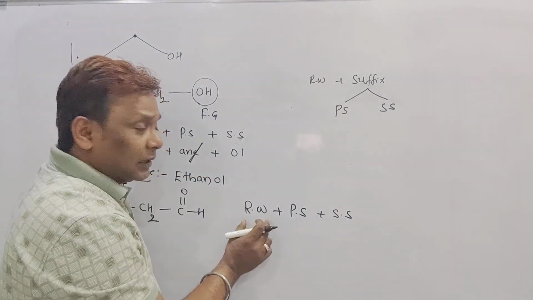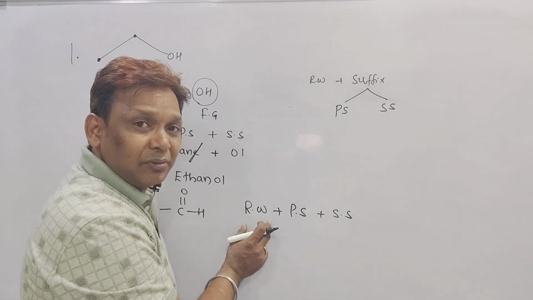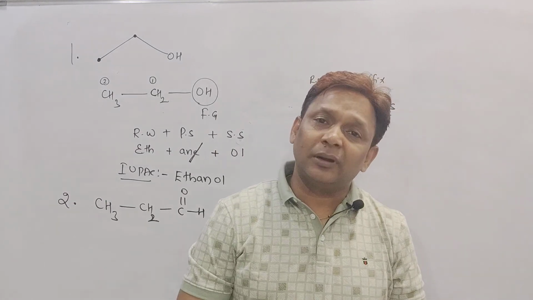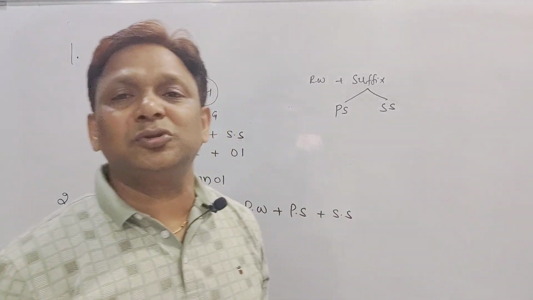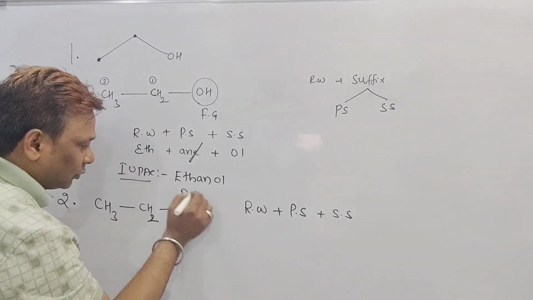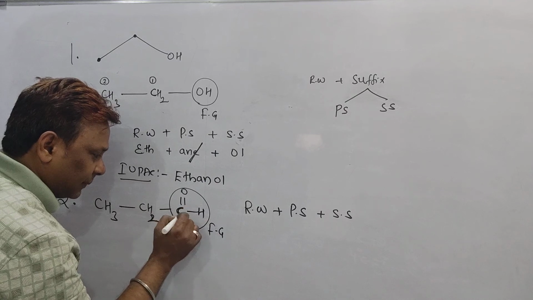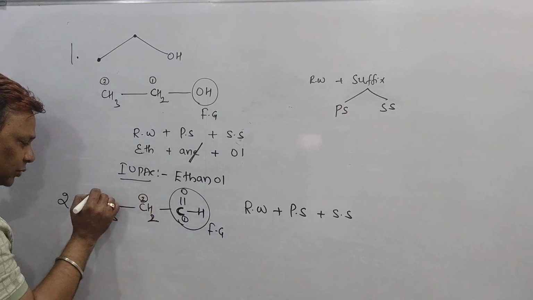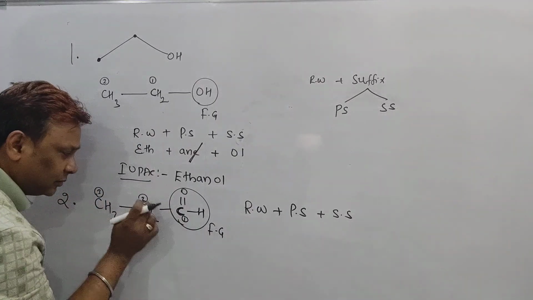What does the root word indicate, beta? The root word indicates the number of carbon atoms present in the compound. You can check my previous video. If the carbon atom count is 1, METH. If carbon atoms are 2, ETH, and so on. Now in this one, this is a functional group. Very good. The carbon in the functional group itself will be numbered 1, the next carbon number 2, the next carbon number 3.